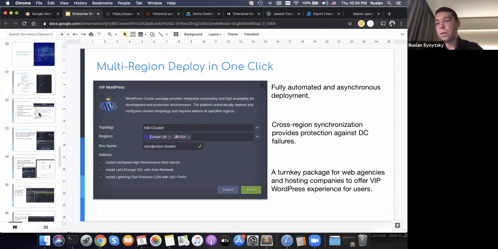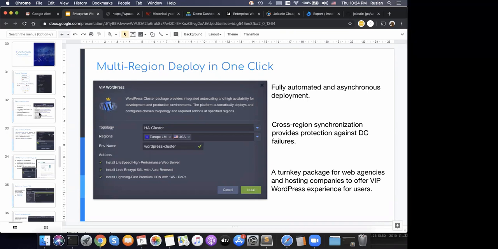This is how it works today within the Jelastic team. I would like to add that we also provide some professional services in this direction. If you need help setting this up, you can contact our team, and we can discuss how to get such configurations for your sites as well.